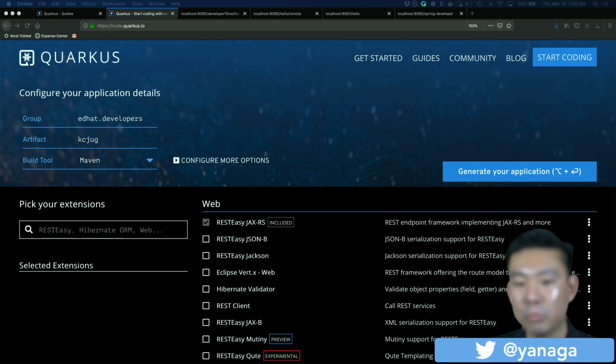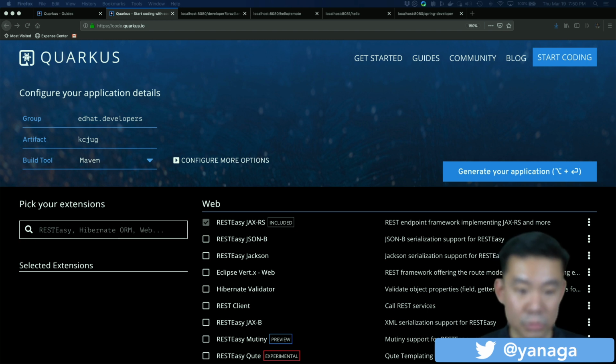But you said Quarkus is open source. What about the source code on GitHub? With Red Hat, everything that we do is done in open source. So if you have a security fix, it will be fixed first on GitHub, and then later, we will generate the fixed artifacts for our customers. So you don't have to worry that Red Hat is going to take forever. Red Hat fixes everything first on the upstream projects on GitHub.